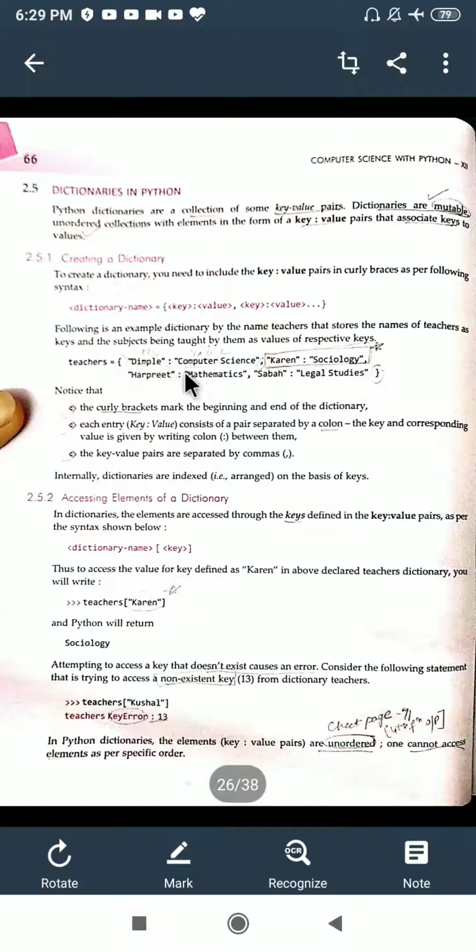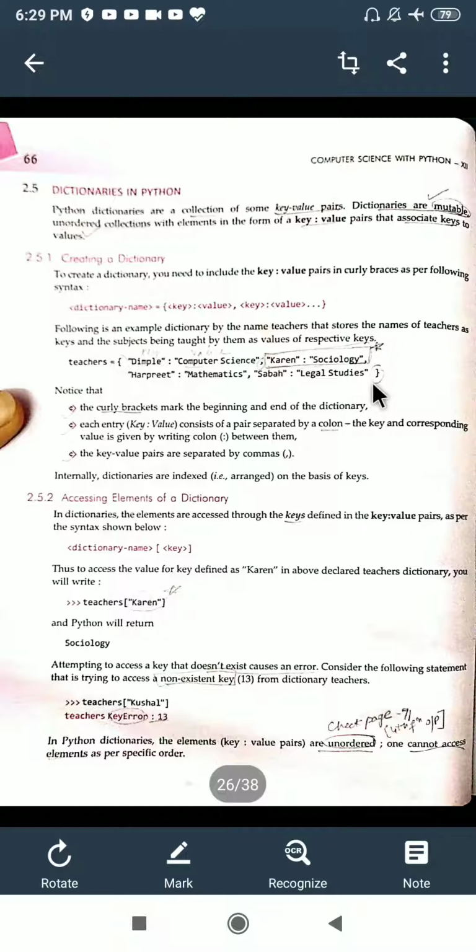Each key and value will be separated with a colon, and each key value pair will be separated with a comma. Means between key and value you will use a colon, between two key value pairs you will use a comma, and at the end you will use a closing curly bracket. I hope this is clear to all of you.